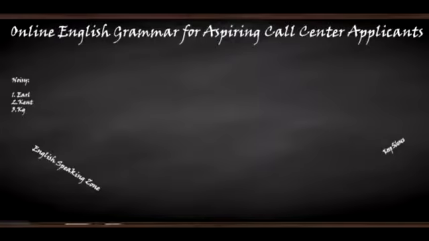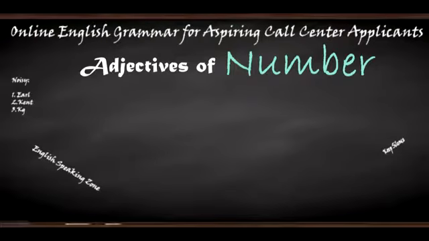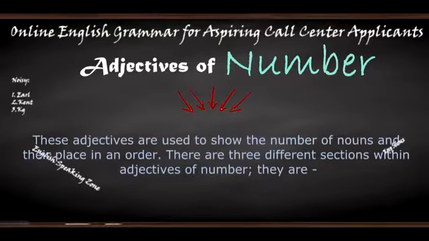Third category: adjectives of number. These adjectives are used to show the number of nouns and their place in an order. There are 3 different sections within adjectives of number. They are the following: